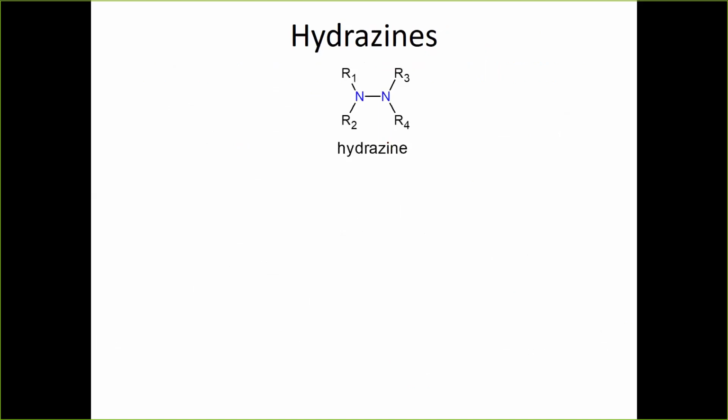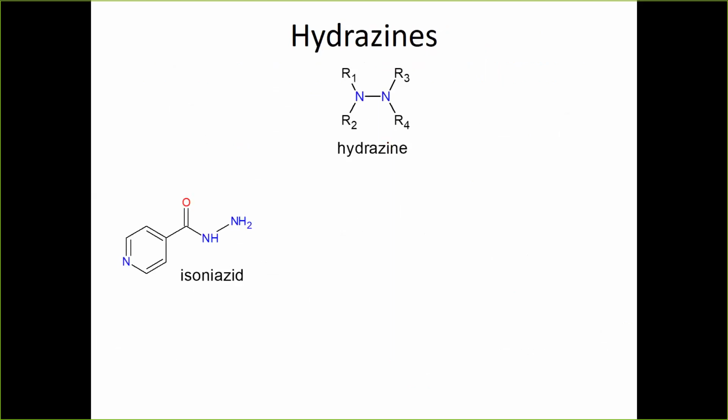One other group that you probably don't see a ton of in an undergrad organic class, but that's actually of some significance for toxicology, are hydrazines. Hydrazines have an NN bond to them. You see a structure of a generic one there. And here's an example of one. This is a drug, isoniazid.